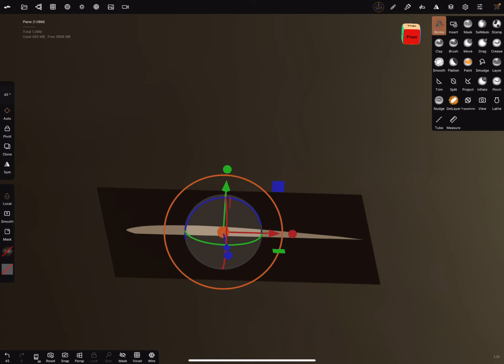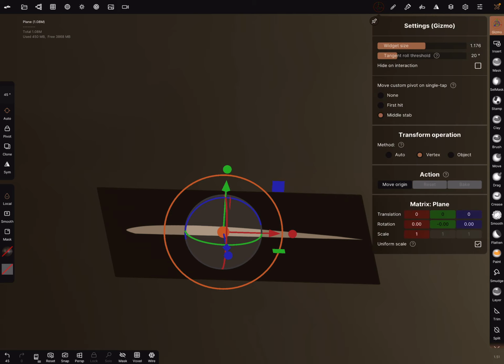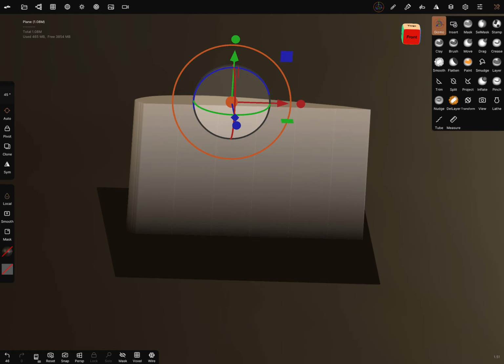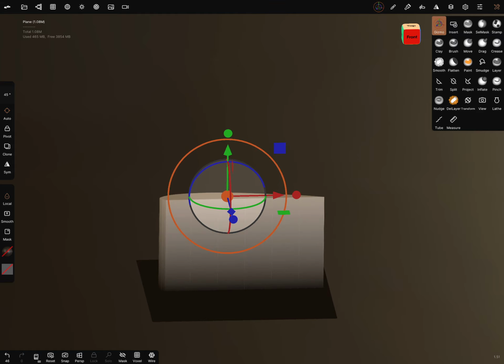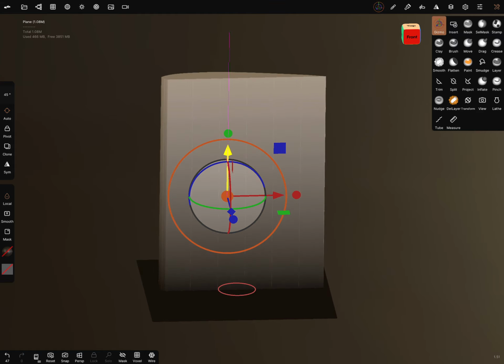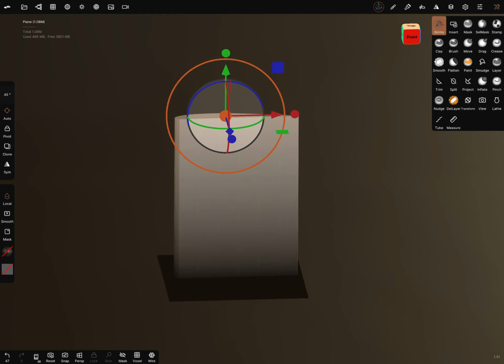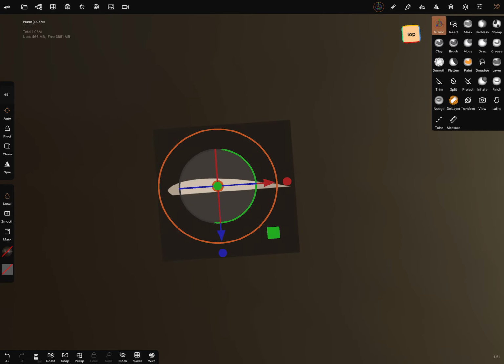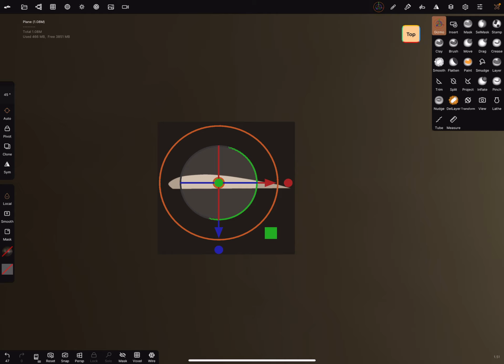And now we can go to the gizmo tool. In the gizmo tool, always make sure that you're on the vertex setting, transformation operation, vertex. And now you can bring the shape up, and in the top view, now you can change the scale of the profile.